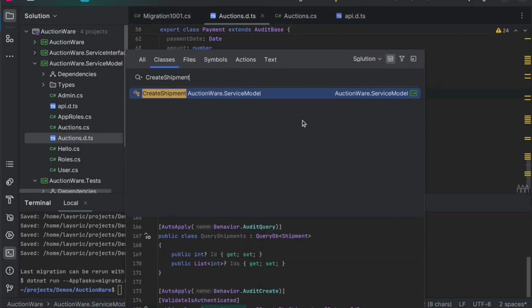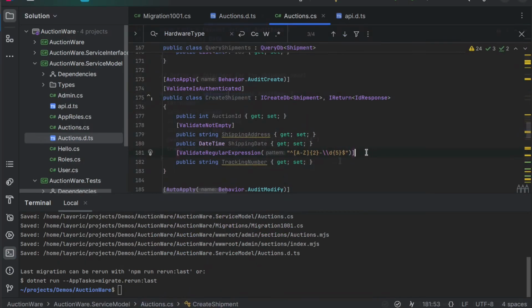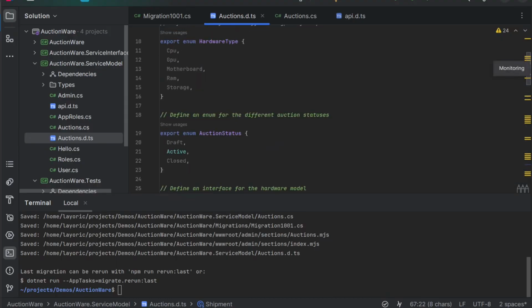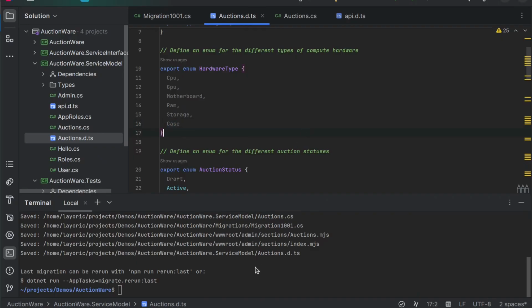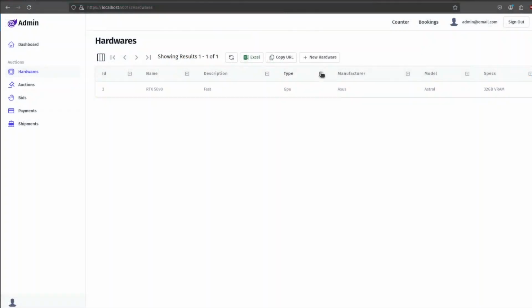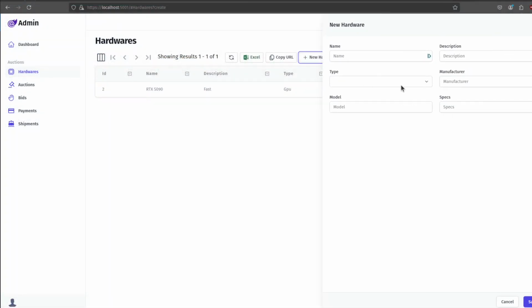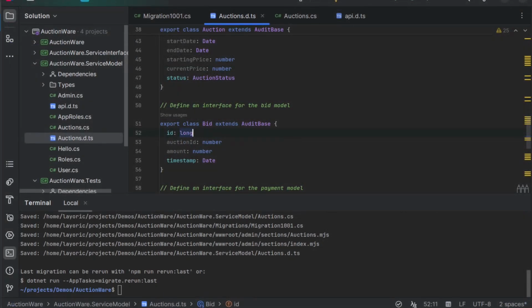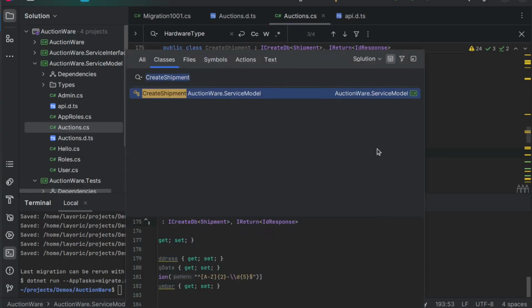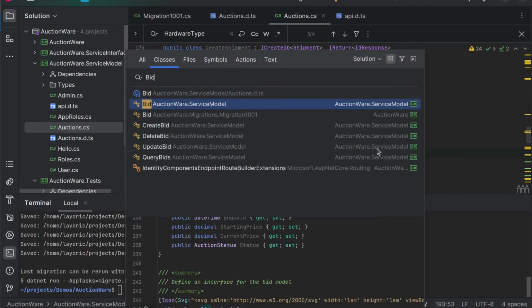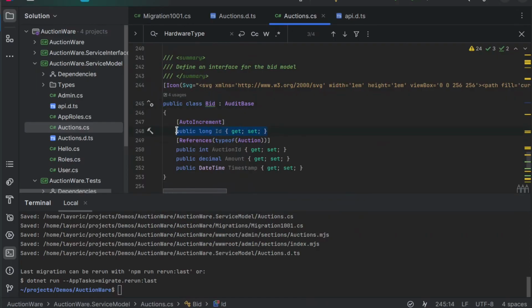propagated to the APIs. If we needed additional hardware types in the dropdown in our admin UI, we could modify the hardware type enum and add an option like computer case, which would then flow down to our admin UIs and our service model used by our clients. Another example is changing the column types directly by, say, changing the bid ID primary key to use a long instead of an int. Again, rerunning the npx OKAI CLI each time to validate and implement these data model changes